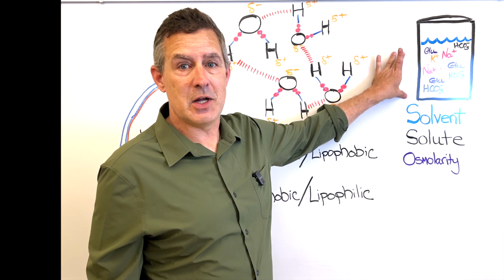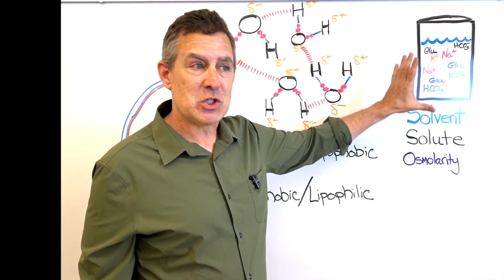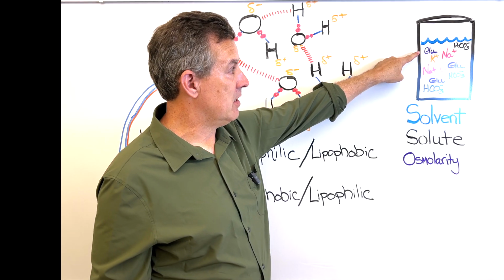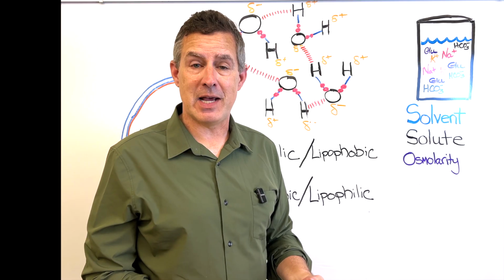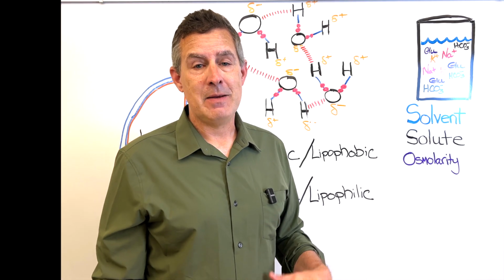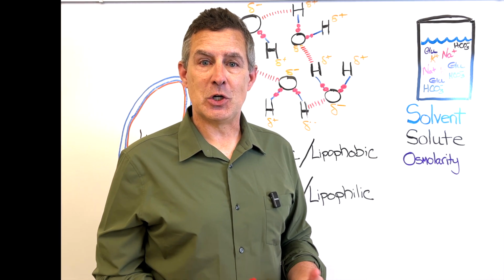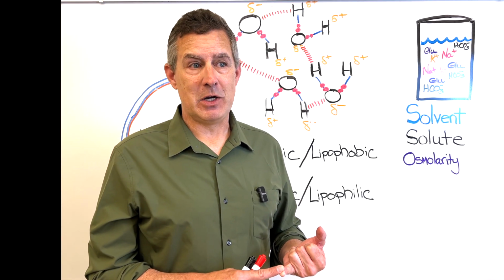And this was not intentional, but all of these solutes within the water mixed well with this water because they are either polar, in the case of glucose, or charged in the case of sodium, potassium, and bicarbonate. To be clear, bicarbonate is a molecule, or more specifically, a molecular anion, whereas sodium is merely an ion,